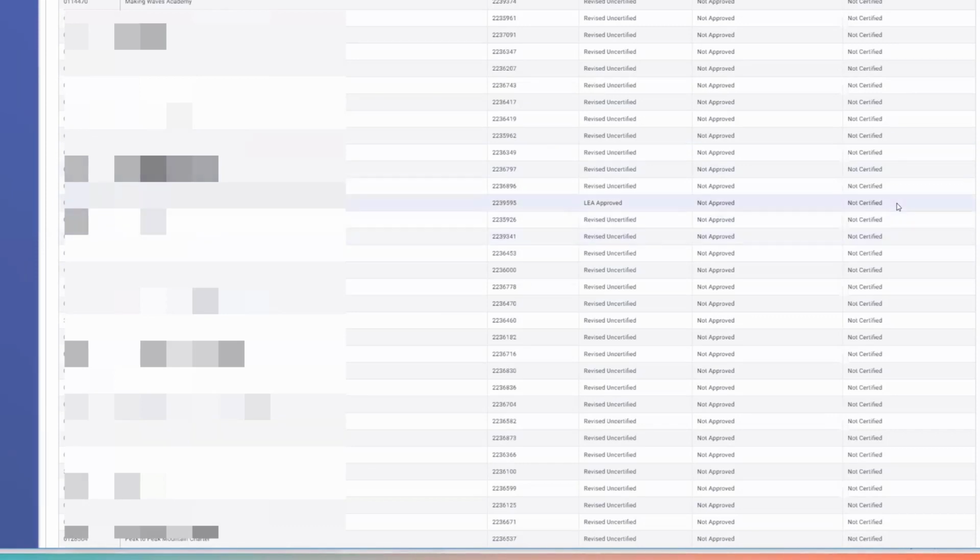And unfortunately, there's a slide that shows the SELPA view. We couldn't mock it up for training as I had hoped, but just to give you a perspective of the SELPA and the communication that's needed, because they're generally by default looking at your LEA approved versions. If you're working on a revised and certified version, you have to specifically and explicitly let them know that. Just as a point,